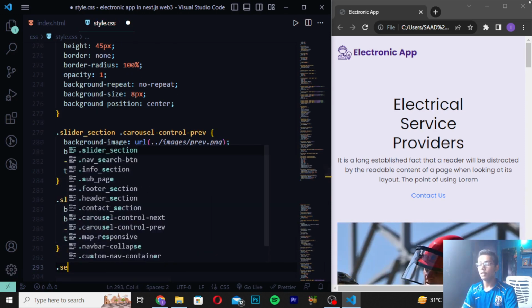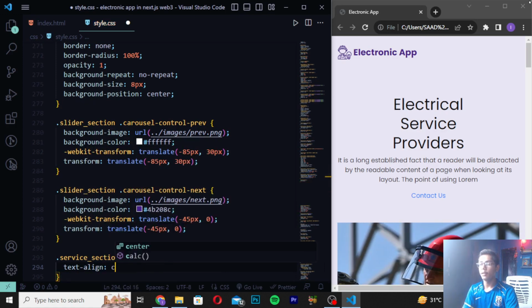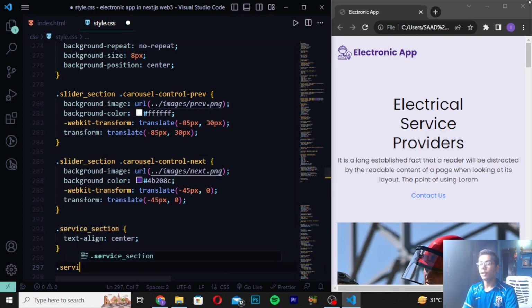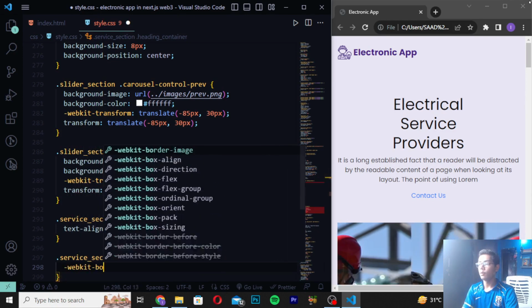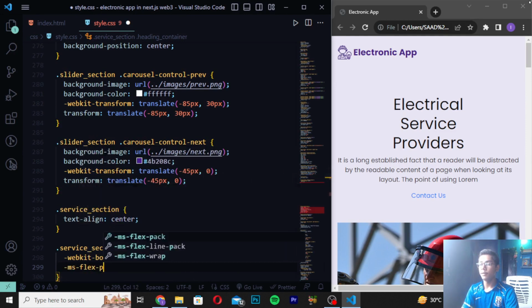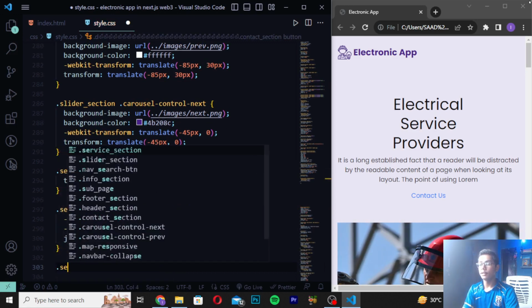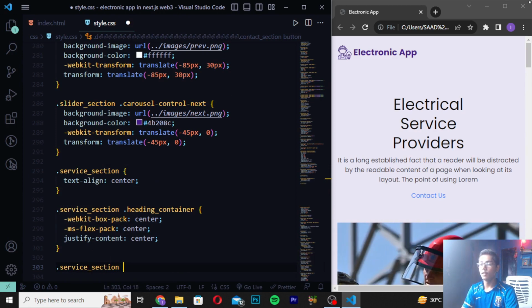Then you have to write here dot service and then score section. Write here text align should be center. Then I will be now writing here service section like this, and write here heading container. Then I will be now writing here WebKit dash box spec. Then I will be now writing here center. Write here ms flex spec here. Then you have to write here in center. Then you have to write justify content should be center. Then you have to now write here service underscore section dot service, and then I will be now writing here